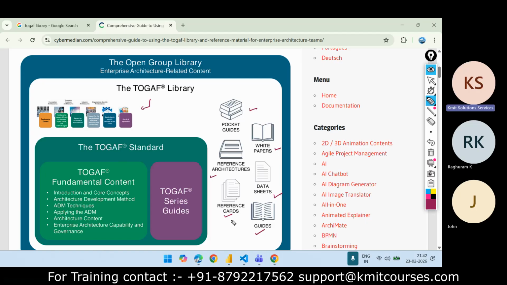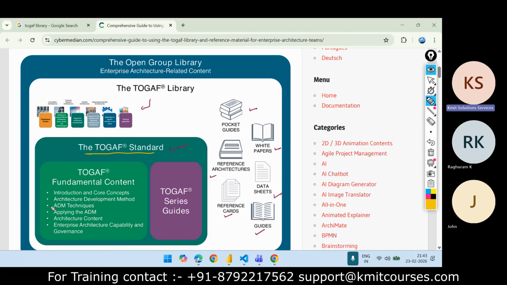First of all, it comes with the TOGAF standard, so it accompanies the TOGAF standards. It offers guidance material to support the practical applications of TOGAF, such as ADM techniques.